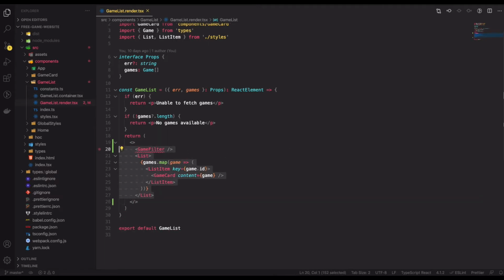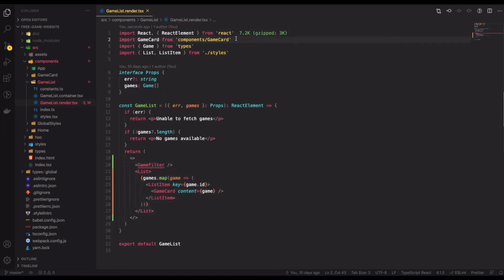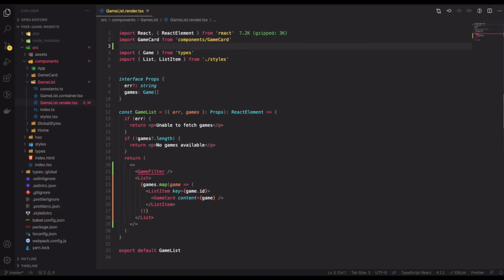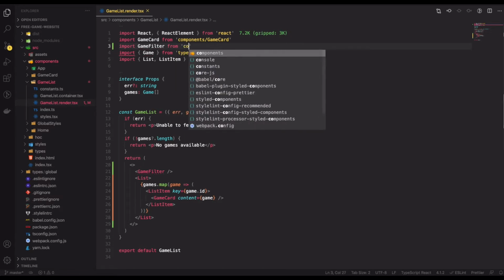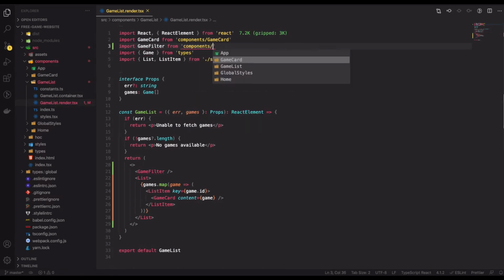And right now we don't have the GameFilter just yet. We're gonna add it in the next few minutes. And just do a placeholder import here,